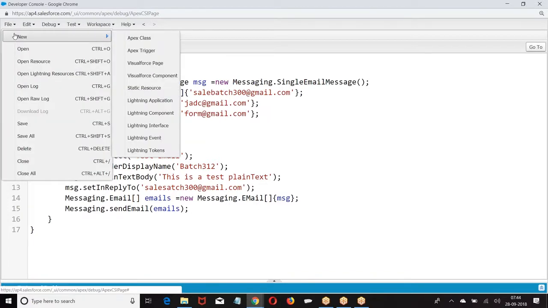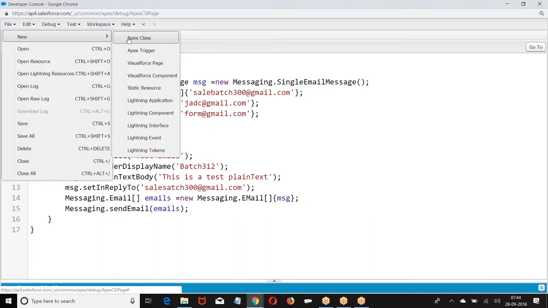Second example. I want to send an email. Now I want to fetch all the leads which are created today. I want to send an email to them with the body: Dear customer, your first name, last name, email for transfer inquiry. So I want to fetch all the leads which are created today and send an email.